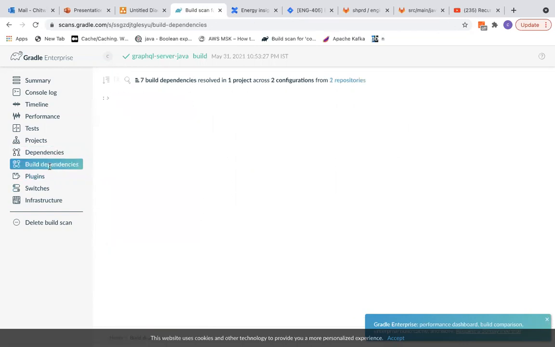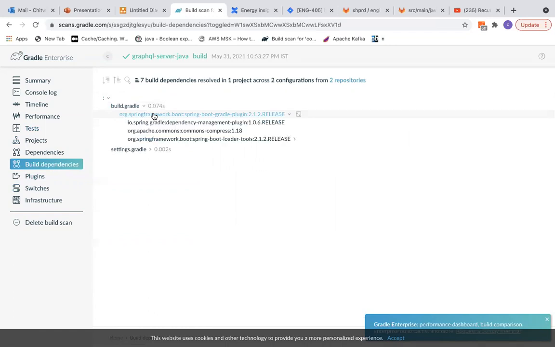Also, if we see the build dependencies, it shows what was included by the build script. So the dependency management Gradle plugin was required by the build script, and what was included by settings.gradle.